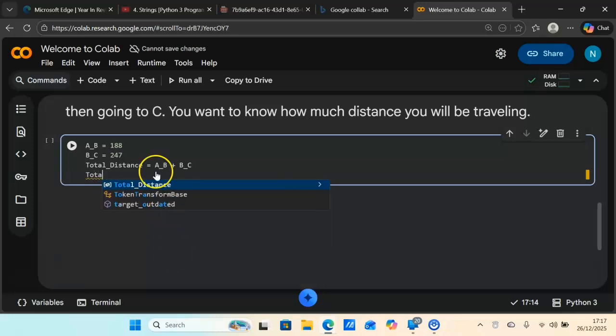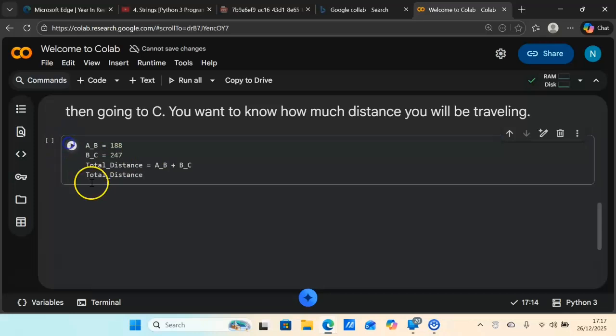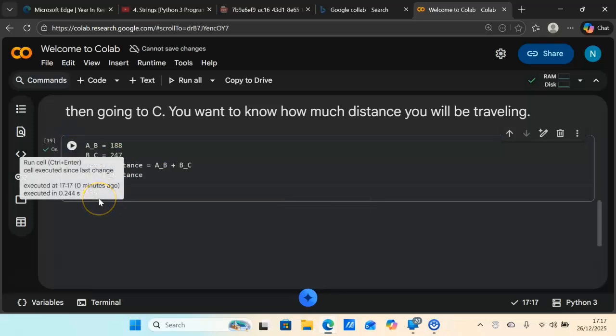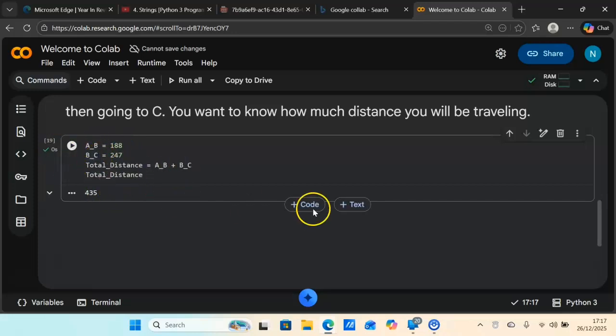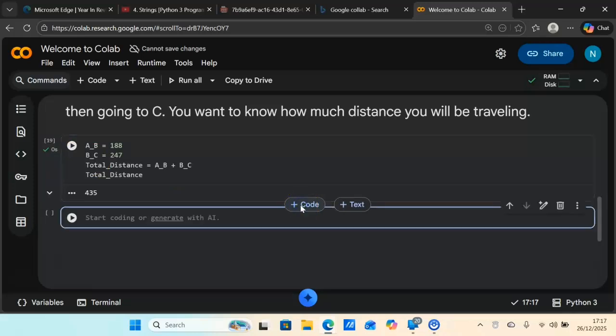Total distance, it should pop up here. Look for suggestions. Then when you run this, you're getting 430. Add distance from AB plus distance from BC, you're going to get a total distance. So let's say you want to know the total time it will take you for this